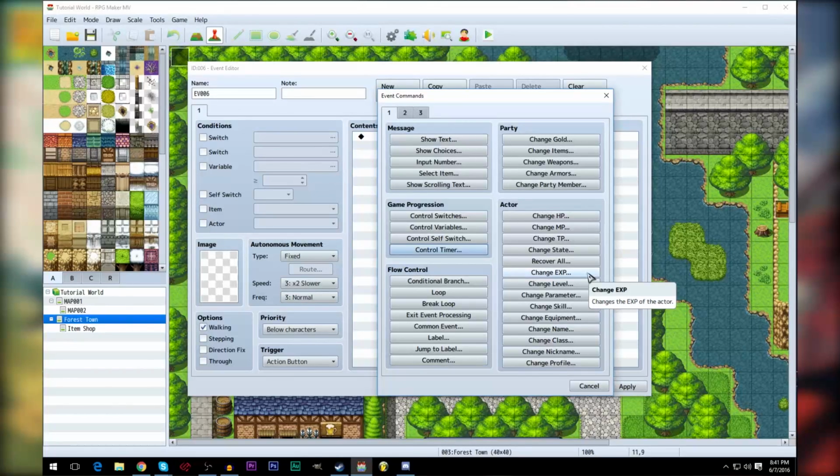I don't really see any point of changing any of their stats or their experience and stuff. Change level,